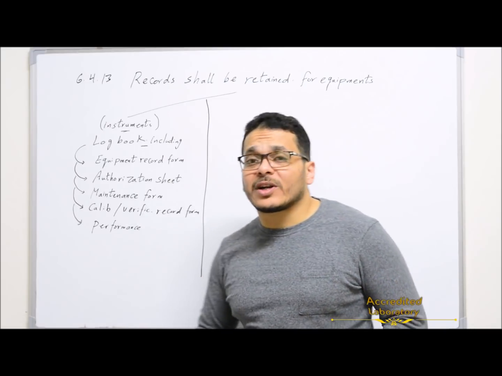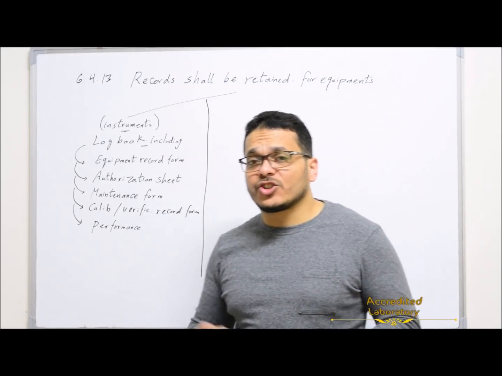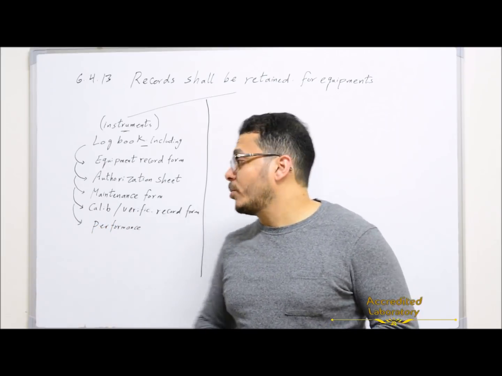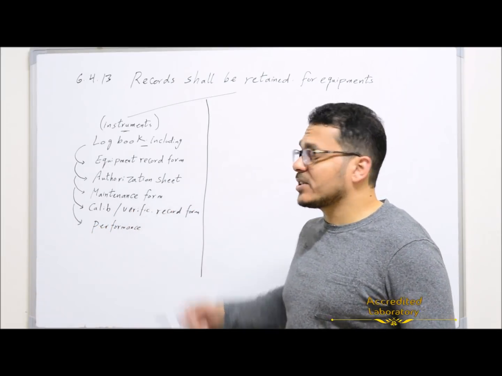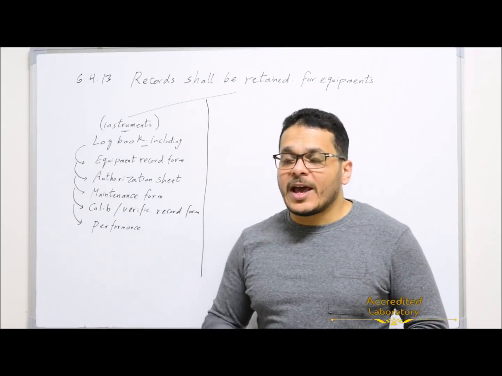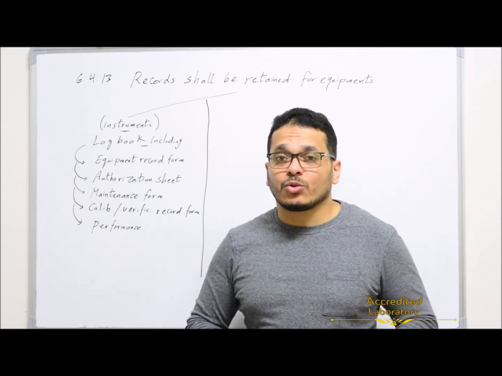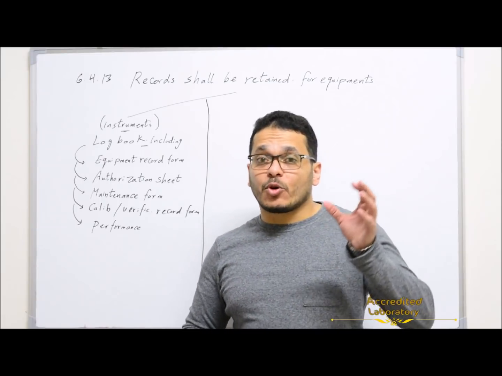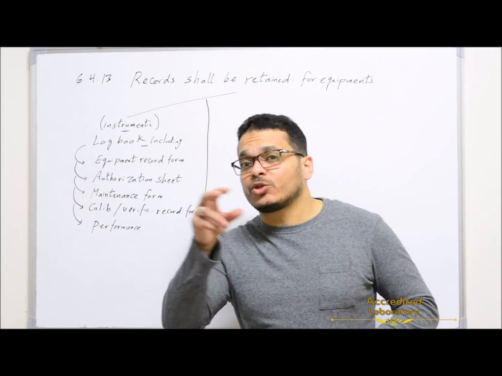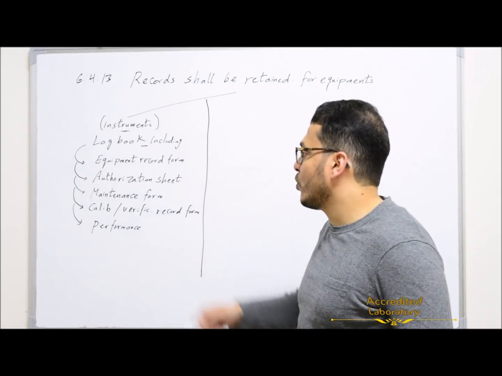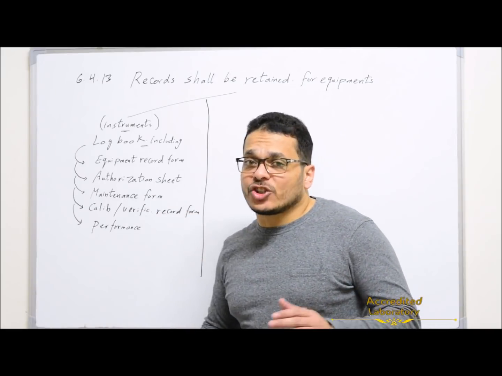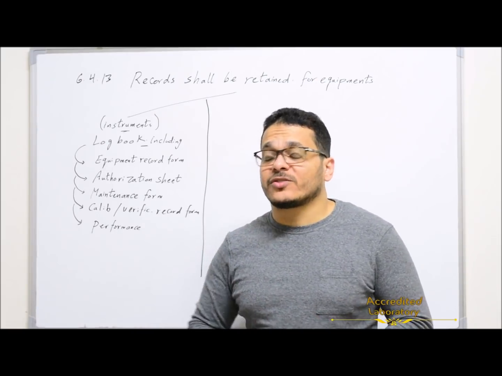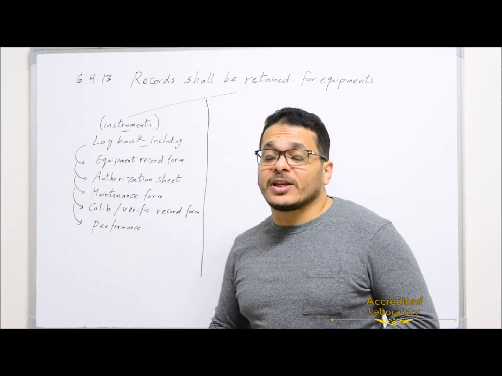You will have an authorization sheet. In the authorization sheet, you will write the authorized personnel for this equipment, for this instrument. Maintenance form: if any problem happens to the instrument and you fix it, you will record inside this form what exactly happened from the time the problem happened, and then what you did to fix this problem. You will also attach the calibration curve after you finish this form,